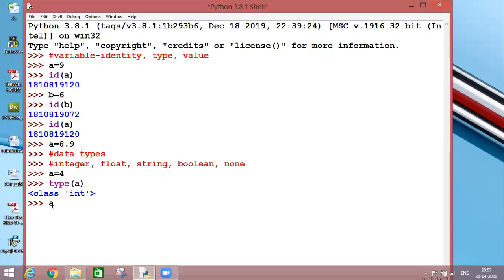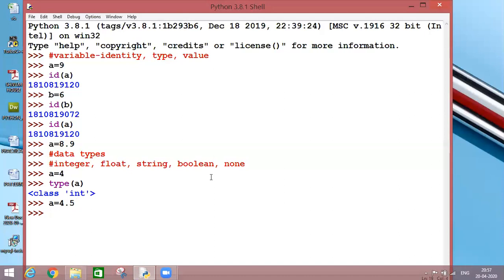Next, if I say a is equal to 4.5, immediately I am changing the value of a. I am replacing 4 by 4.5. Now my a is not holding 4, but it is holding 4.5. And 4.5 is not a complete number, but it is a number with a fraction.